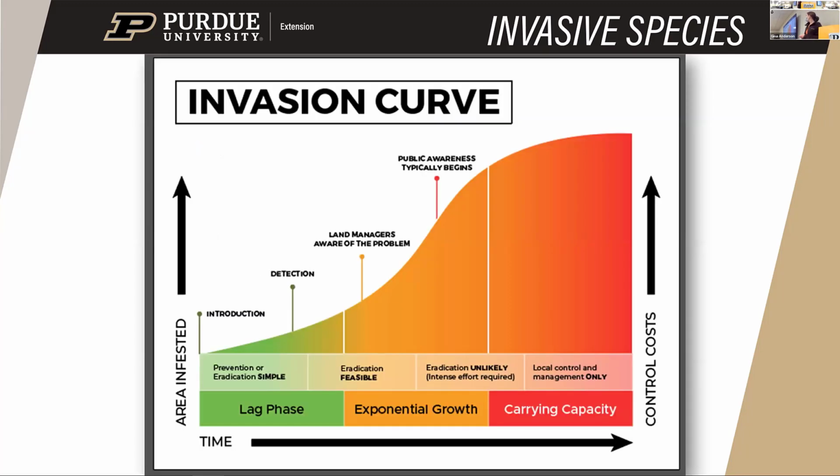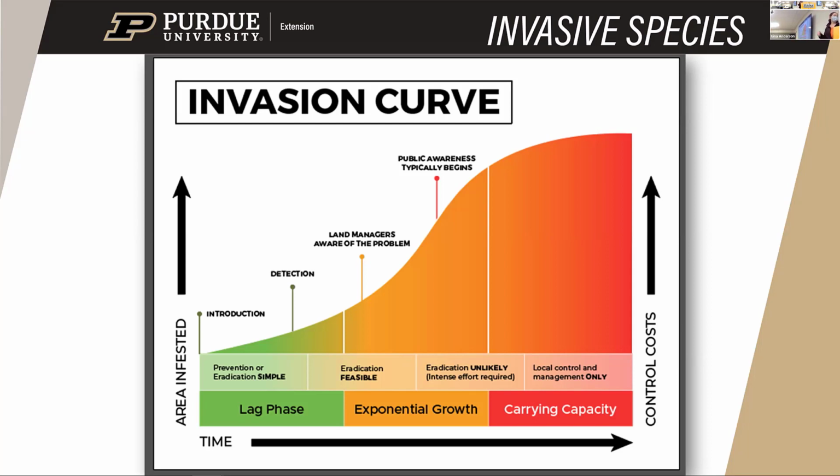And here is our invasion curve. So down here in the green section is when it's first being introduced, and we may not actually see it come in during this lag phase. It's about midway through that we start to see detection. So the insect, disease, plant, what have you, could be in the area for many years before we hit the detection phase. And once we hit detection, it's almost maybe too late for widespread control,